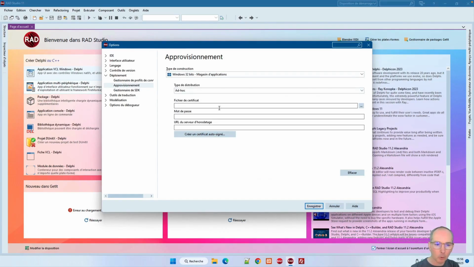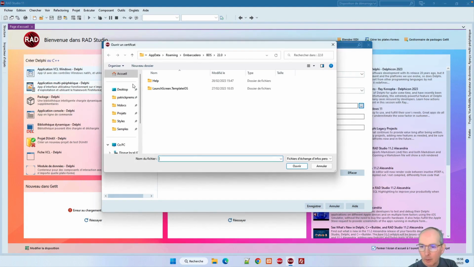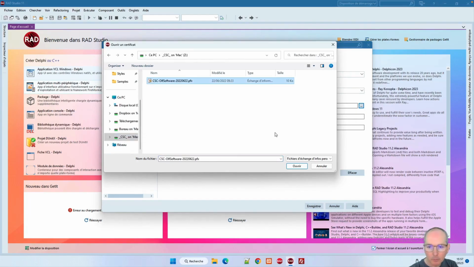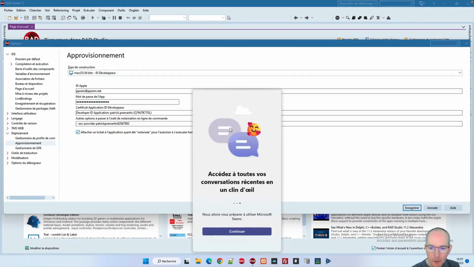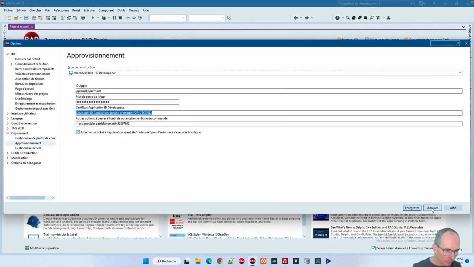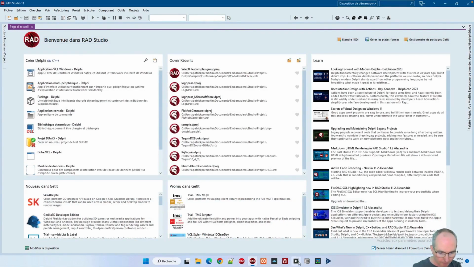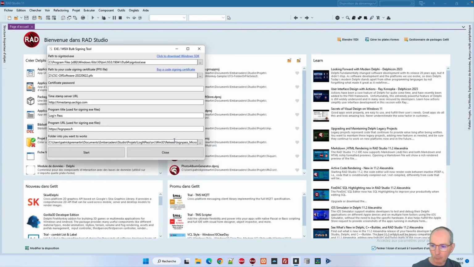And so here we need our own information. So in this case I have my basic info. Namely the signing certificate I have here, which comes from K Software. A password to put on it, which I obviously don't know by heart, and now new in version 11.3, the timestamp server. And so here obviously I will go copy the parameters I have here into my exe. Bulk signing